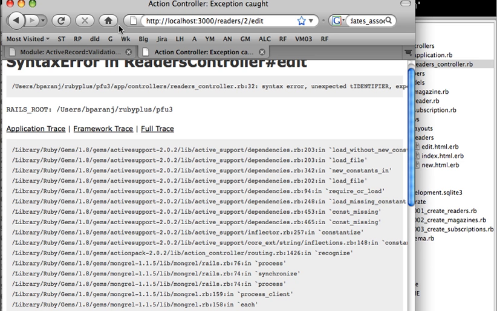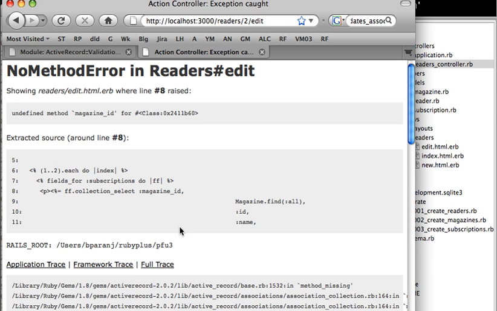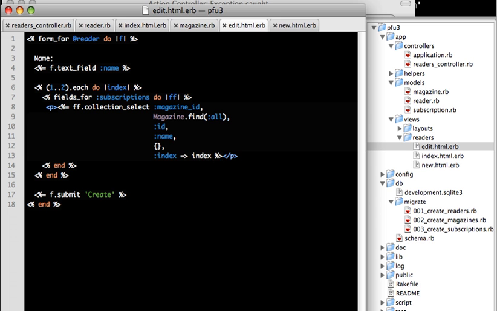Okay. Let's go back. Edit this. Ruby Digest and magazine underscore ID. Collection select, readers edit.html, magazine underscore ID, Magazine.find all ID name, and then index. Okay, edit is wrong. We need something along the lines of,